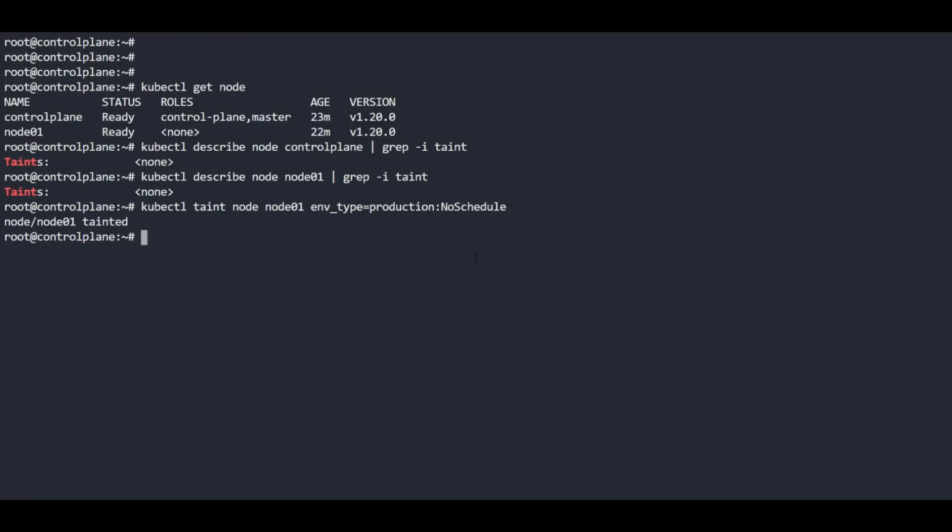So that's it. Let's verify it as well, whether it's applied or not. So I'm just referring to node 1 and the change is applied. Now I'm jumping to the second part, which says that we have to create a pod called dev pod nginx